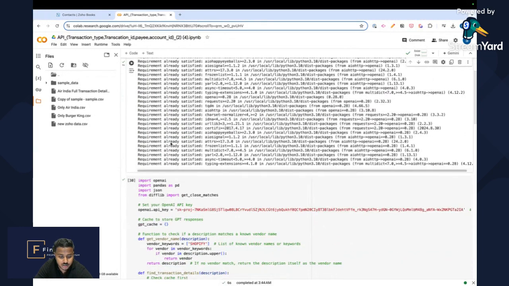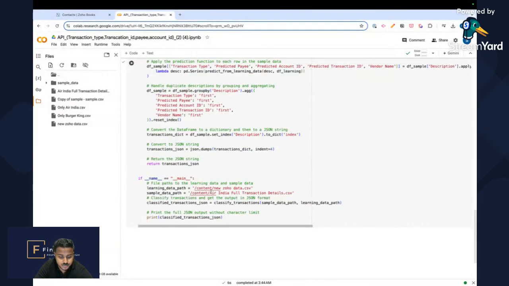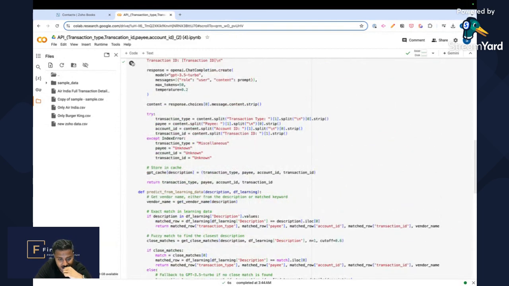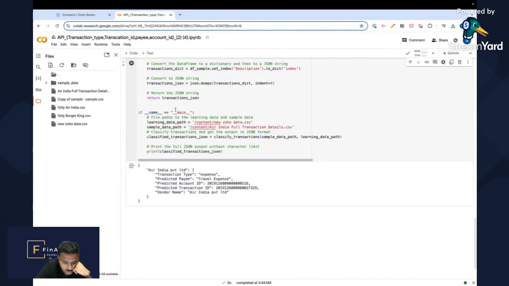Okay, now let's make sure that we fed in the specific transaction spreadsheet that we want. And let's read this transaction via the model. And boom, it came out as an expense, travel expense, vendor name Air India, and the transaction ID is consistent. This is the actual expense account for travel expense. This is the account ID in Zoho. So now I have to take this transaction ID,